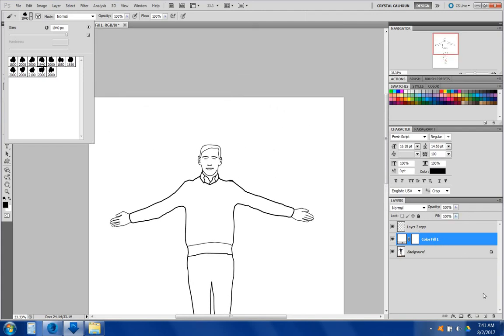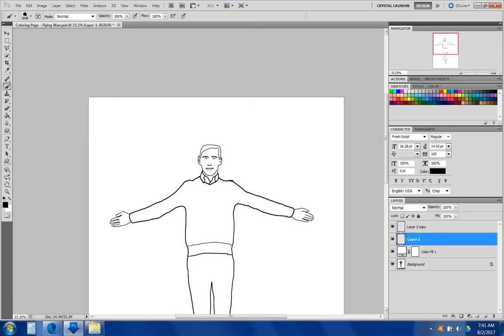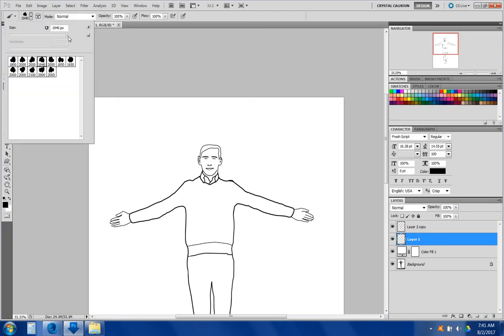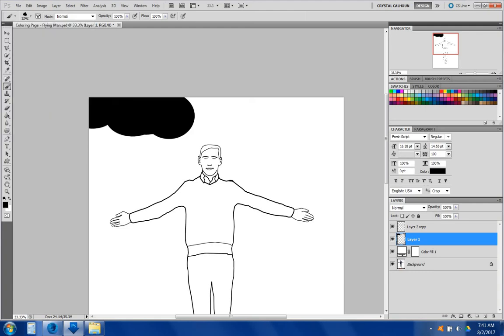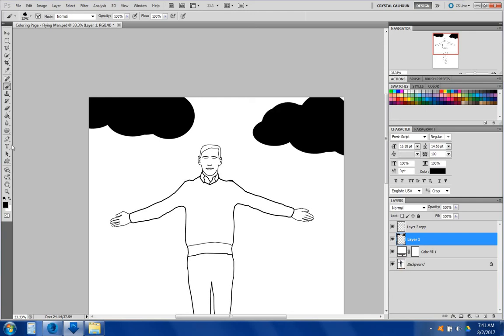I'm going to create a new layer to put these clouds, and I'm going to change that size. Now just follow along. If you don't have the clouds, that's okay. I'm just wanting to explain the different ideas that you can use, whether you have a cloud brush or just a basic brush. These are just ideas. If you want to change the color,